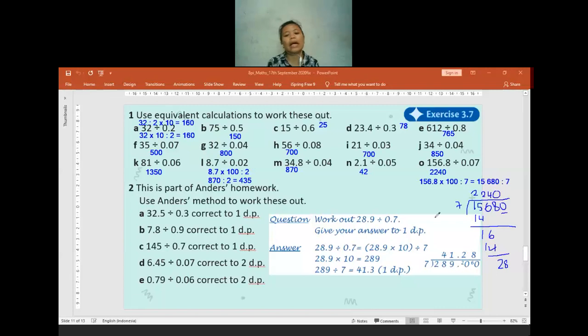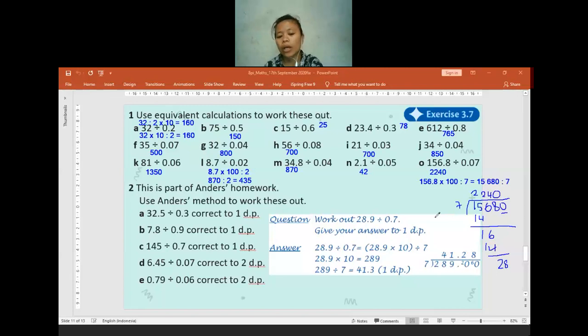And then we still have another 0 in here. So we can put the zeros on this part. So the correct answer will be 2,240. Is there anyone who has any confusion for the question 1? Anyone have any confusion for the question 1? No? Okay. If you have no confusion, let us move to the question 2.